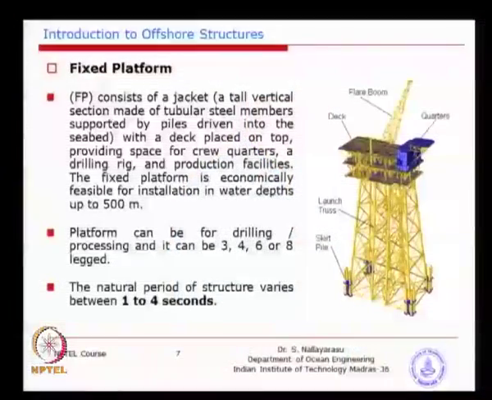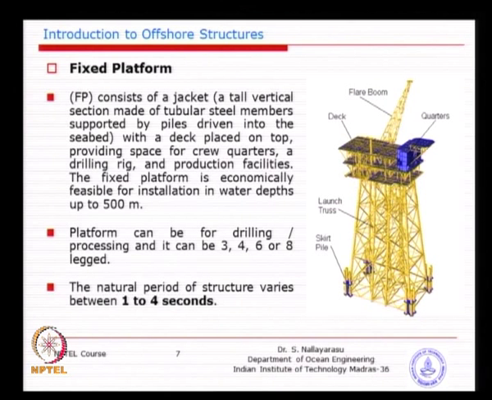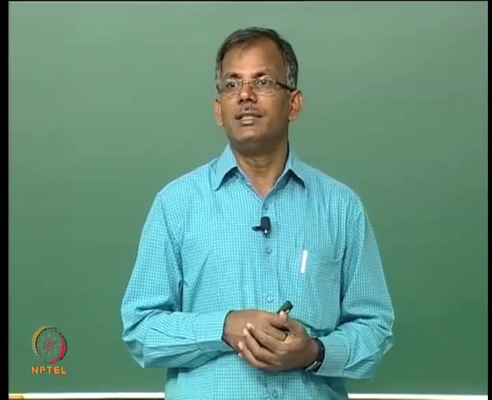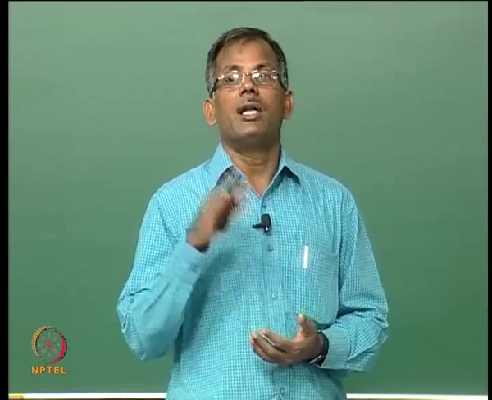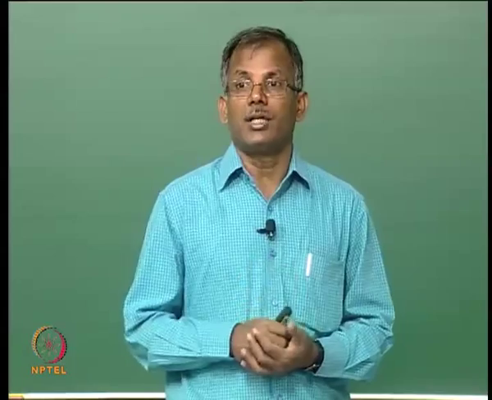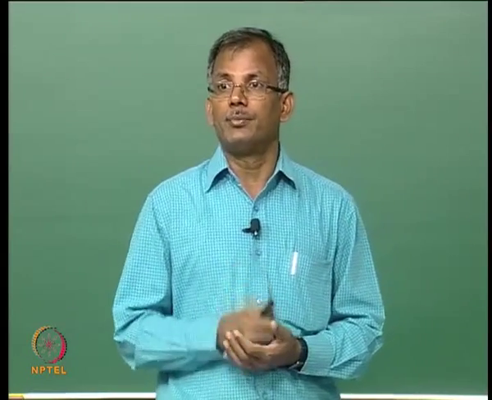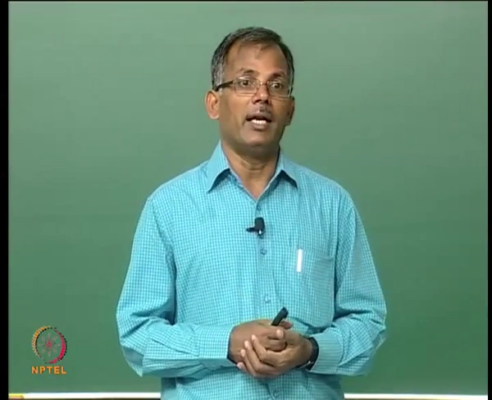So the idea behind going from single column to 3 column, 4 column, 6 column or 8 column is just to reduce the diameter. But why? Because the larger the diameter, fabrication becomes too difficult, number 1. Number 2, even if you have a 25 meter diameter, 100 meter long, you will still have a sensitivity to dynamics. Later we will study in one of the courses why slender non-redundant structures are not good for dynamic loading, because they are prone to dynamic excitation.